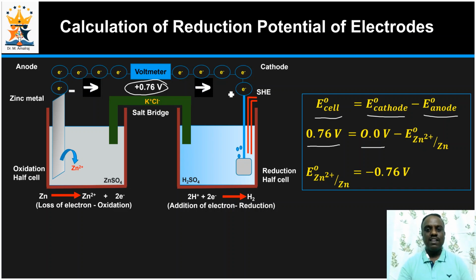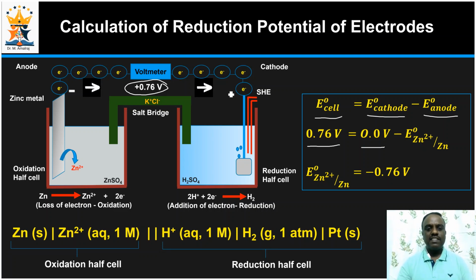See, in galvanic cell, as I have mentioned earlier, the electron flow is always from anode to cathode, and if you know the electron flow direction, you can come to know the standard hydrogen electrode, either it acts as cathode or anode. So here the electron flow is from zinc half cell to standard hydrogen electrode. So standard hydrogen electrode must act as the cathode in this case. So from this we can calculate the potential of zinc reduction potential,